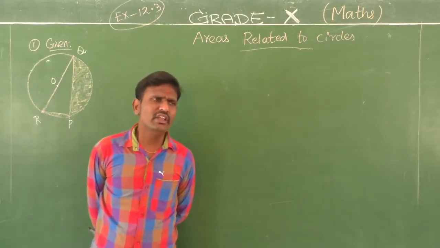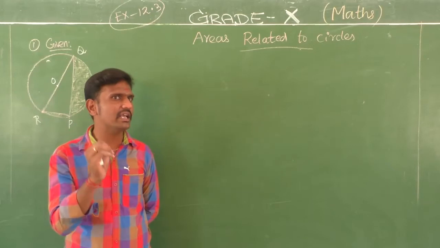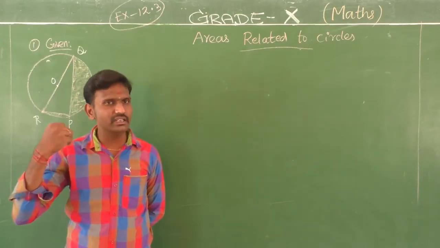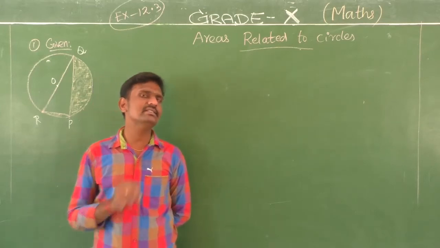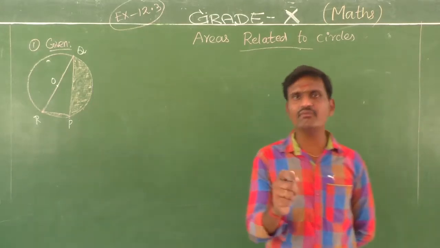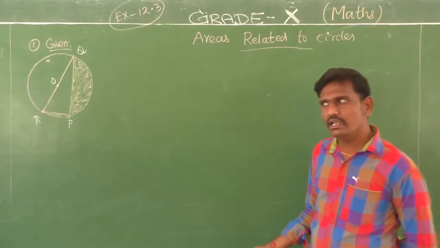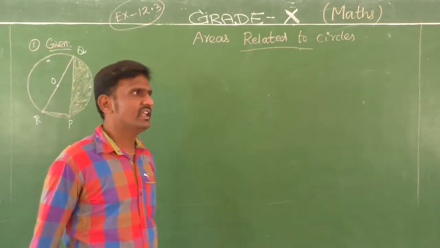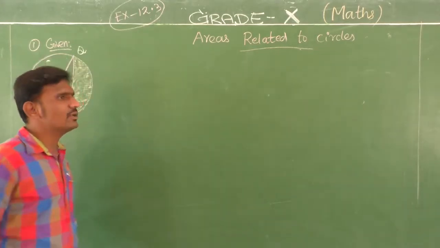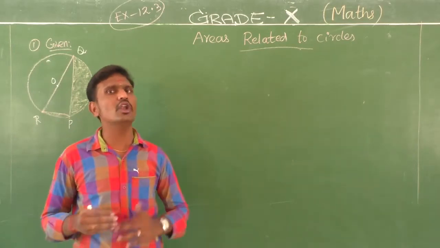Yes. So now exercise 12.1 is a very simple exercise. You have the area of a circle, circumference, and semicircle. That's all. And in the second exercise we use the formulas for the area of a sector and the length of an arc, and some other formulas are included. Now coming to the third exercise, that also continues with the formulas of the first two exercises.